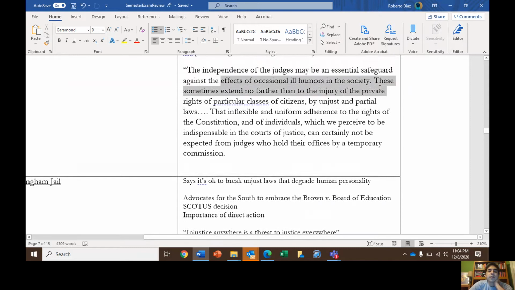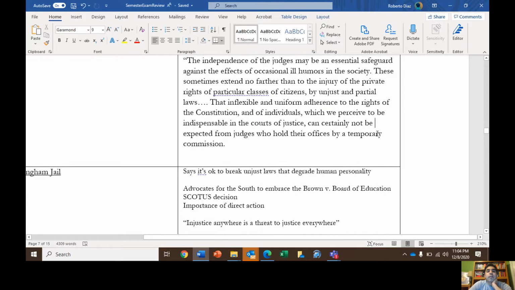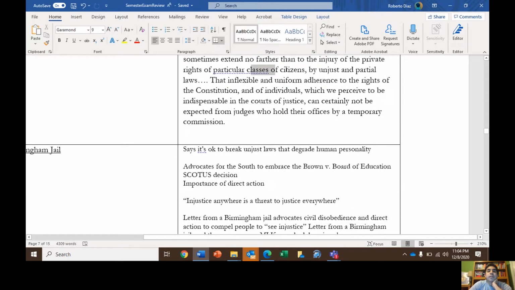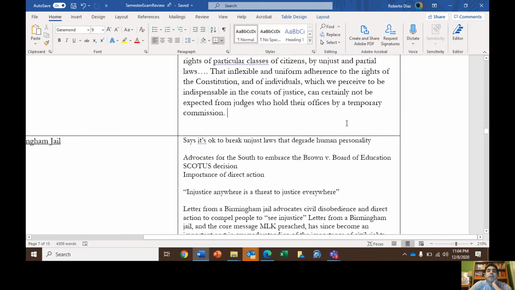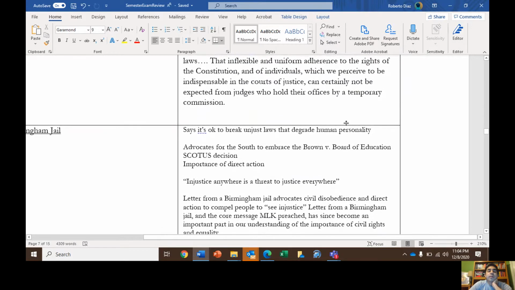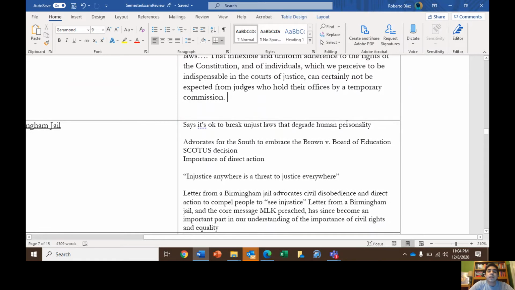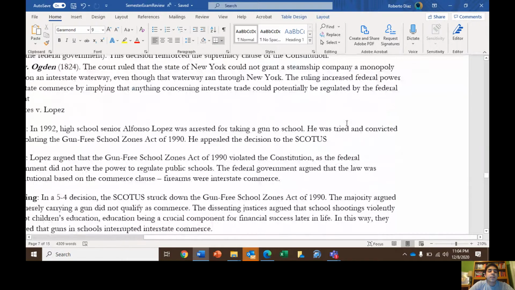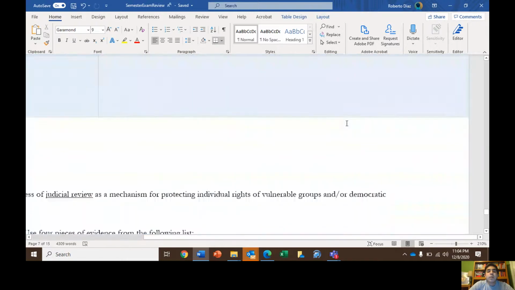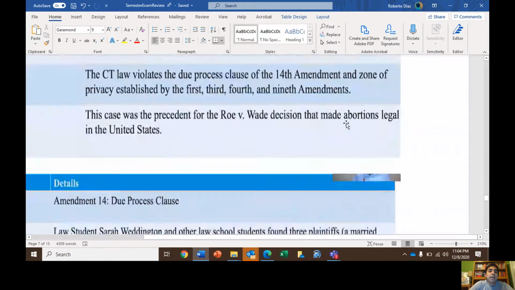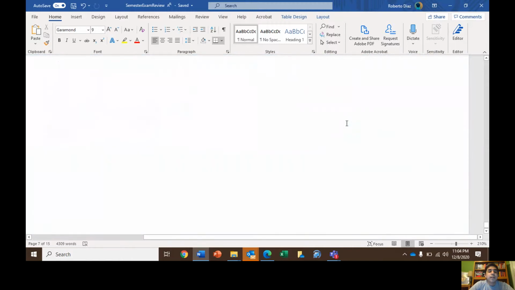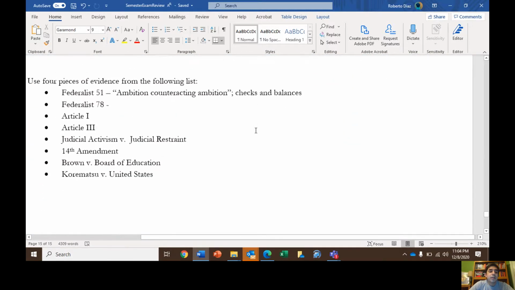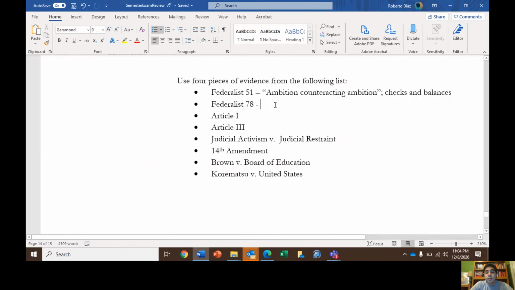Then Federalist 78 continues and says the independence of the judges may be an essential safeguard against the effects of occasional ill humors in the society. These sometimes extend no farther than to the injury of the private rights of particular classes of citizens by unjust and partial laws. That inflexible and uniform adherence to the rights of the Constitution and of individuals, which we perceive to be indispensable in the courts of justice, can certainly not be expected from judges who hold their offices by a temporary commission. So it's basically saying, too, that courts have a role, according to Federalist 78, in ensuring and preserving individual rights,